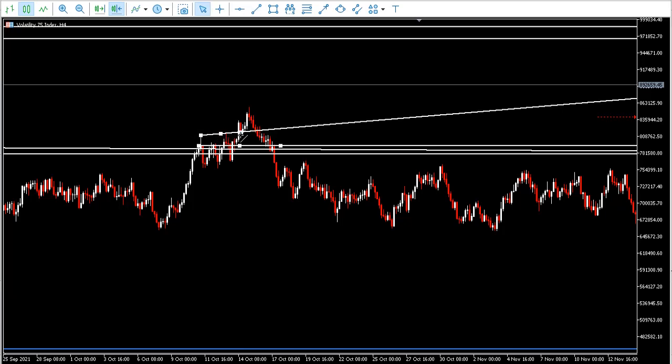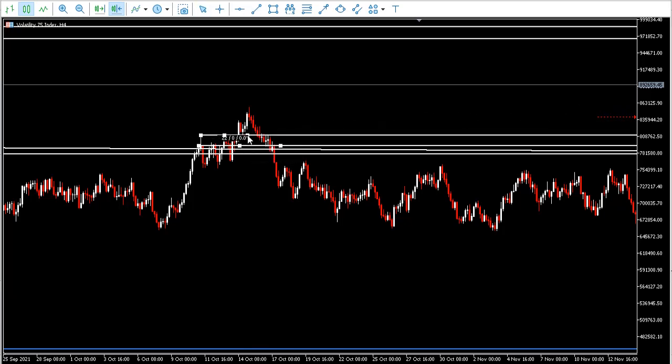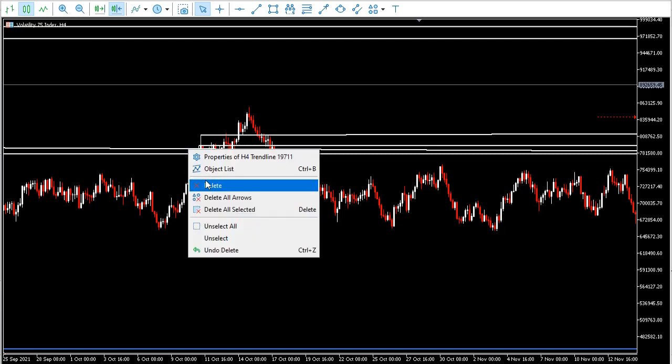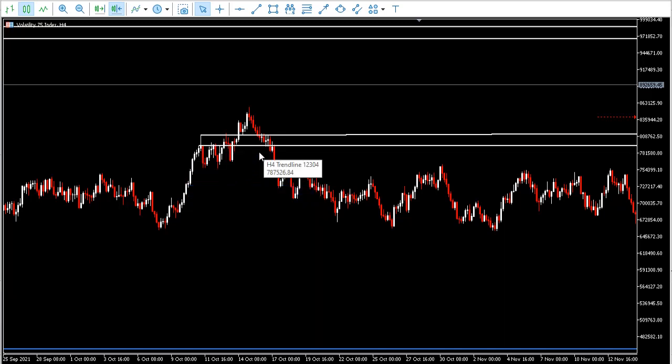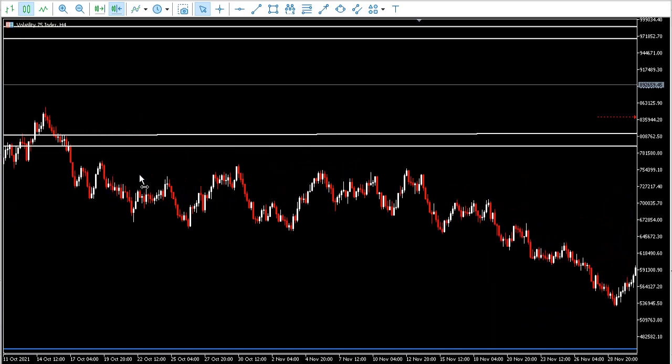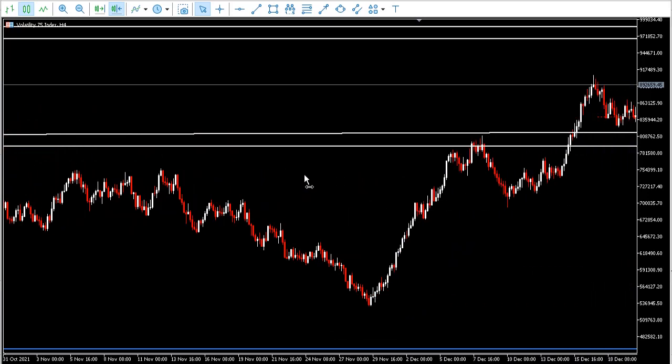Okay, all right, so we want to get this one straight. You can delete this one because it's no more valid. We're done with it. So we were looking out for this one. So we are not seeing good pin bars anyway. So what happened here, you can see clearly that in the nearest future, when price got there,